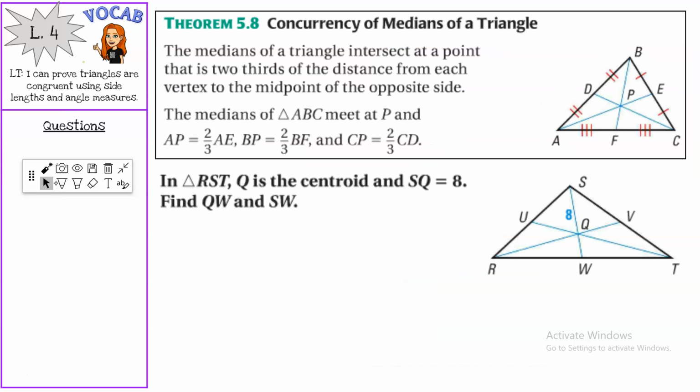Concurrency of medians of a triangle. The relationship here is that the medians of a triangle intersect at a point that is 2/3 the distance from each vertex. So this point to this point would be 2/3 of the whole median. If we try to draw the whole median, the orange is 2/3 of the blue, which also means there is that opposite relationship, where this green piece right here would be 1/3 of the blue